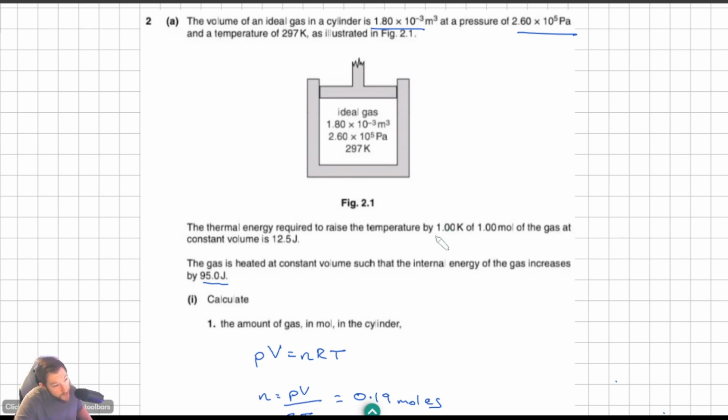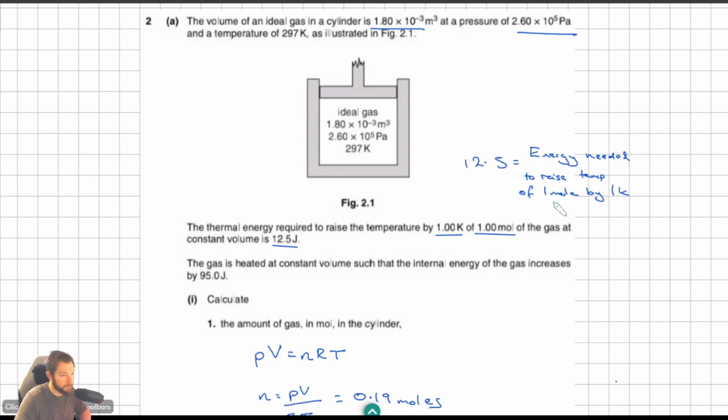However, the question has effectively told us the energy per mole needed to raise the temperature 1 Kelvin. So 12.5 is the energy needed to raise the temperature of 1 mole